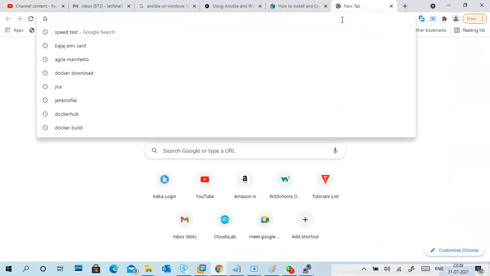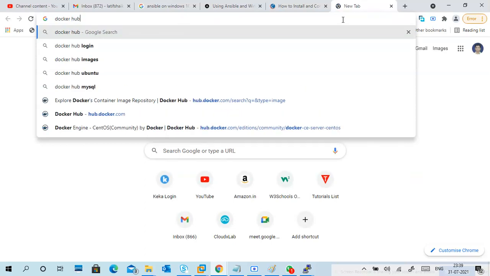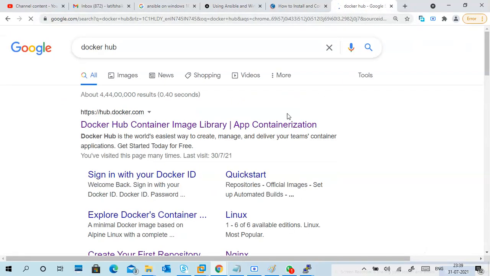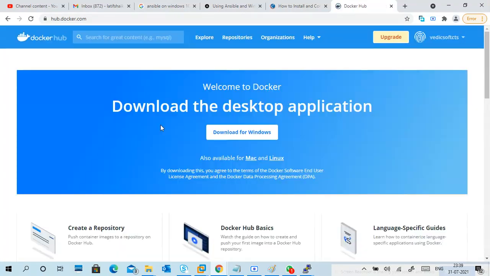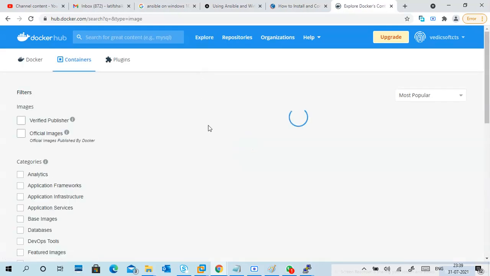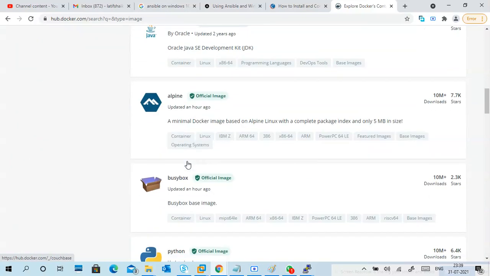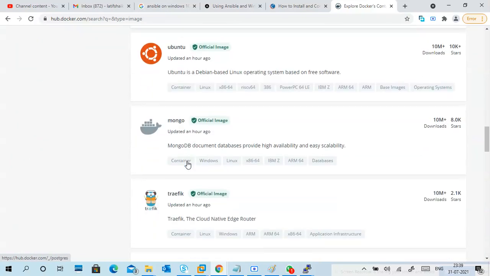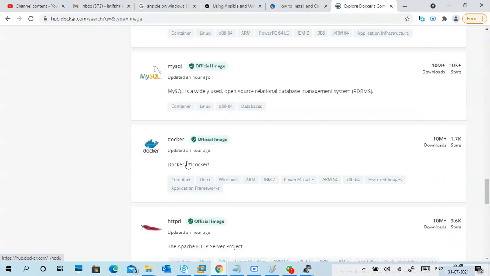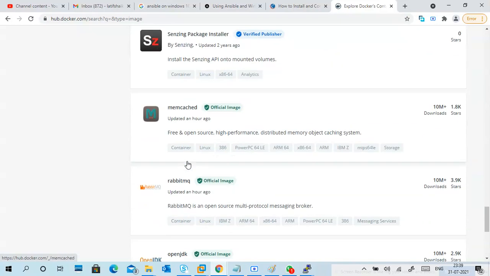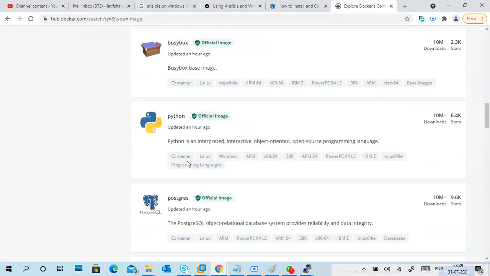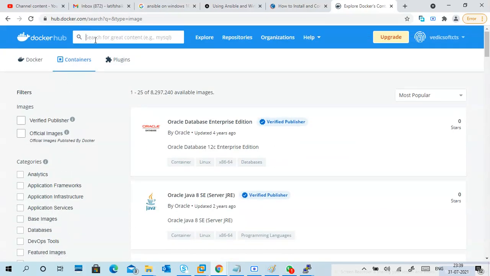So I'm going to Docker Hub and exploring things. You can see different repositories are there. My wanted repository is hello world. It's not on the main page here, so I will search for it.